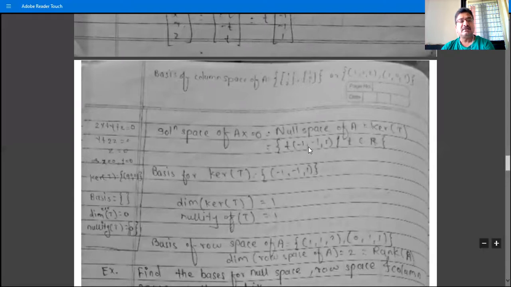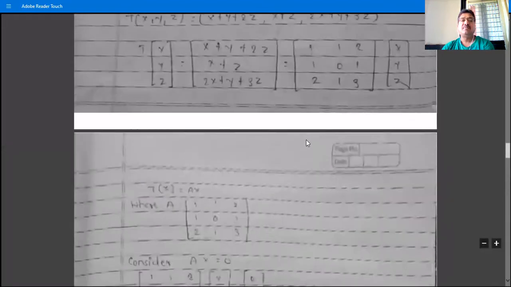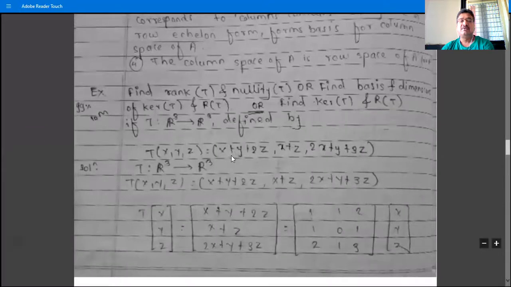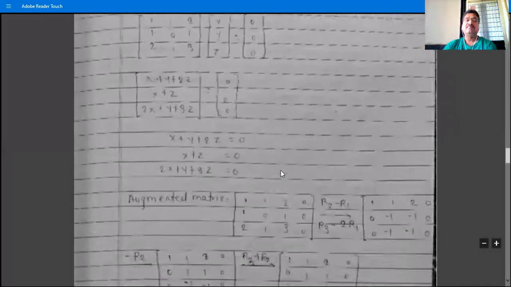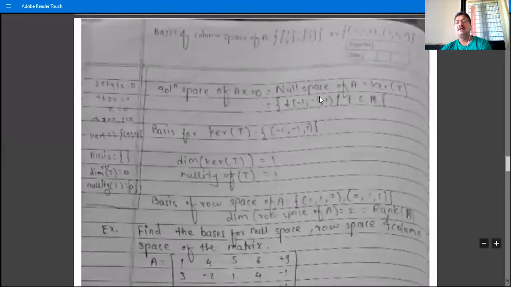So we check whether these are elements of kernel of T. If you find T of any element of kernel of T, then we have the answer 0. If you find T of (-1, -1, 1) using this formula, we have -1 -1 plus 2 into 1 is 0, then -1 plus 1 is 0. And if we substitute x as -1, y as -1, we have -3 and z as +1, plus 3 is 0. So T of any element of this kernel has image 0, because this is the property of kernel of T.